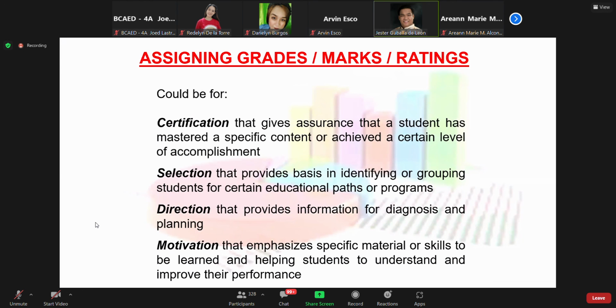So the following are the purposes of grading. Certification, that gives assurance that a student has mastered a specific content or achieved a certain level of accomplishment. Selection, that provides basis in identifying or grouping students for certain educational paths or programs. Direction, that provides information for diagnosis and planning. And lastly, motivation, that emphasizes specific material or skills to be learned and helps students to understand and improve their